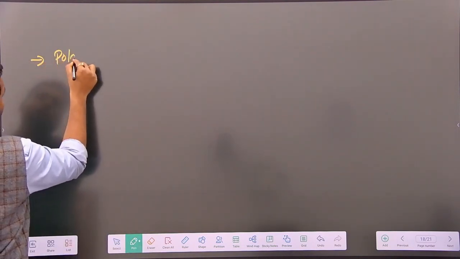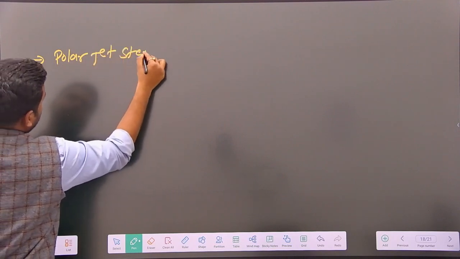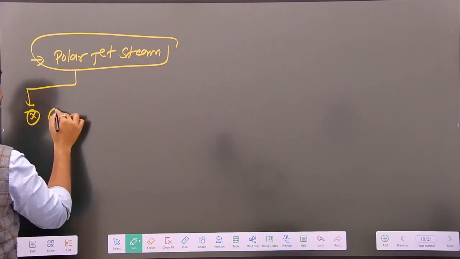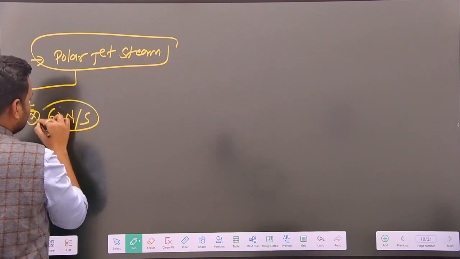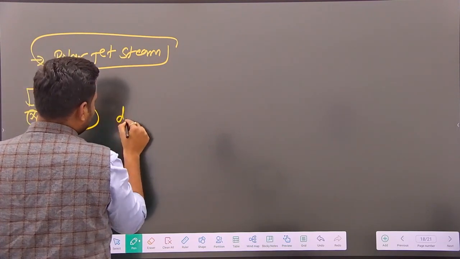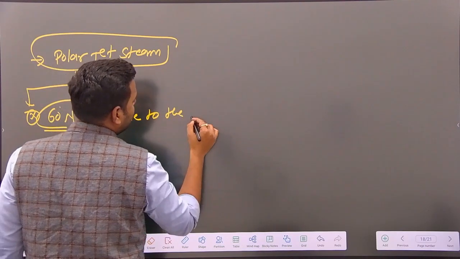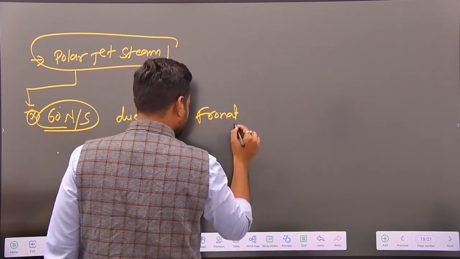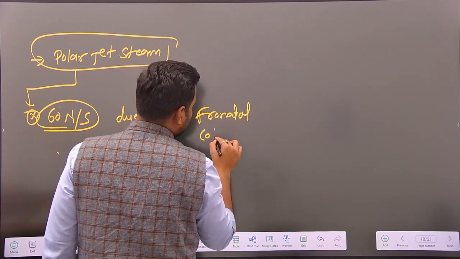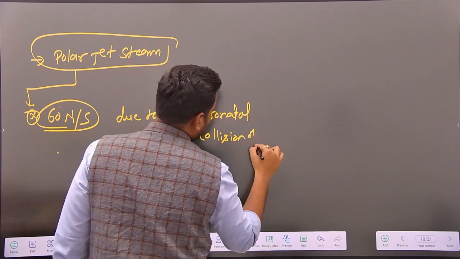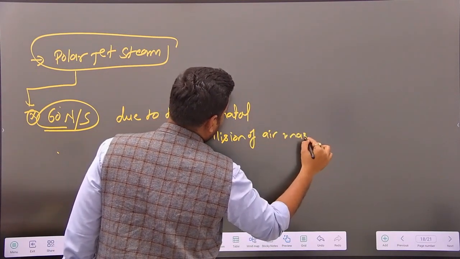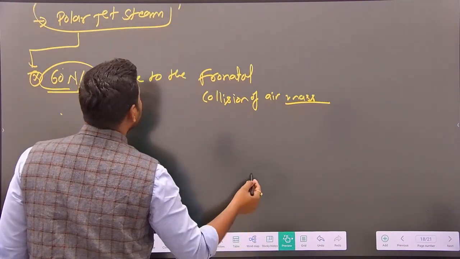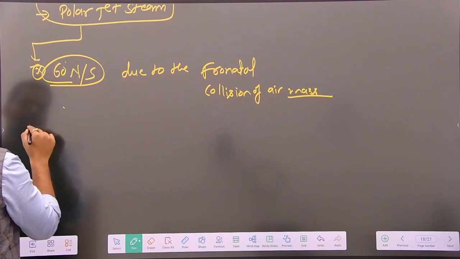One is the polar jet stream. Polar jet streams are found at 60° north as well as south, due to the frontal collision of air masses, and it is also deeply connected with the temperate cycle. We'll talk about that later. And the second one is